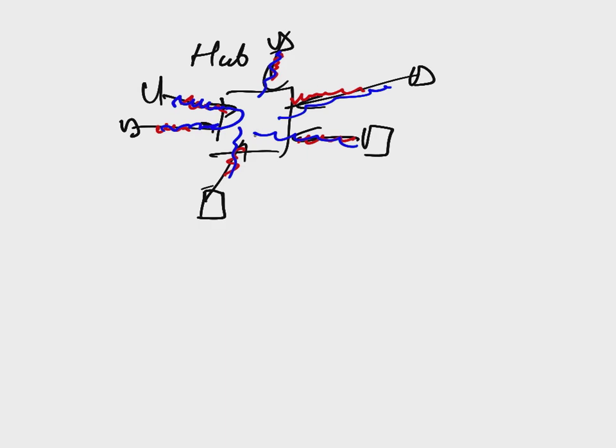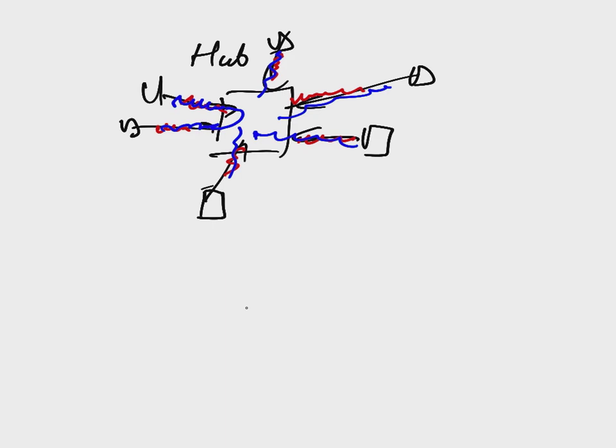And if you do not care so much about noise, then you can just put these Ethernet wires together without any hub at all, and it will work worse because the signal will bounce forward and backward, so it will be more noisy. But in worst case scenarios, you can establish an Ethernet network without a hub at all.